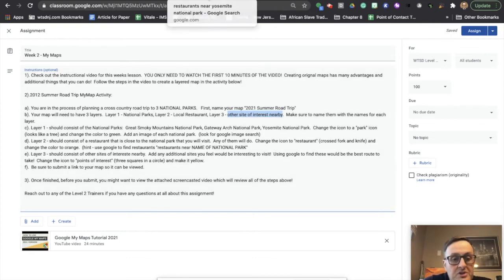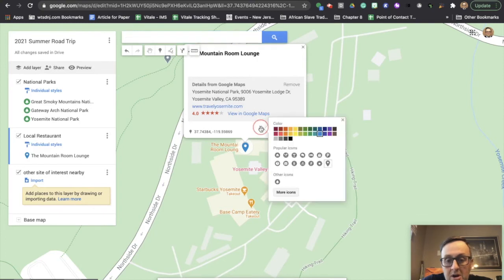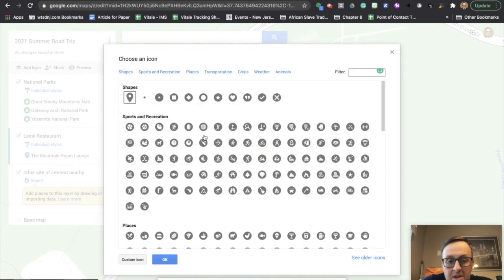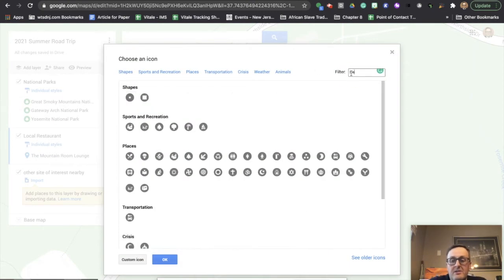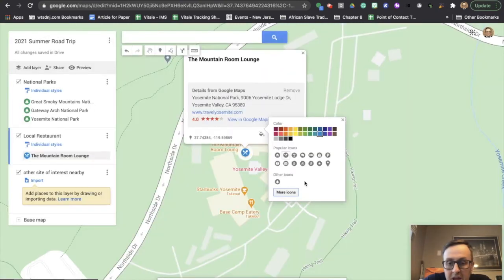to orange. So let me go back to my map and we're going to go to our icons and put in restaurant. Then we're going to change it to orange, which this one might work. And you'll see that I've now entered it in. Nothing additional to do there, no pictures, no menus, but you could do that. If you were making a map that you wanted to show your students, you could definitely add some additional information